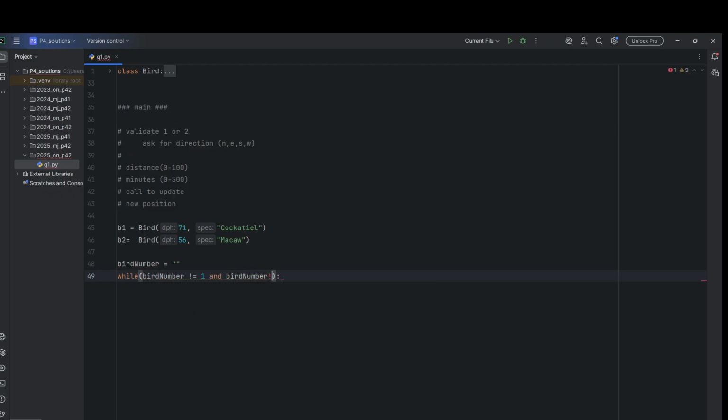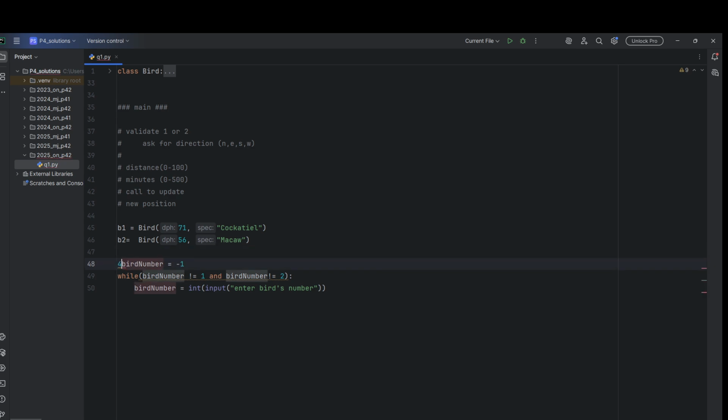So until these conditions are not true, we keep on repeating. Then we'll keep on asking the user to input, and this should be an integer value. Since this is an integer value, we should just set it to 0 initially or -1, whatever you want to do,